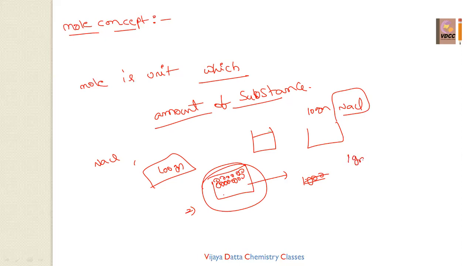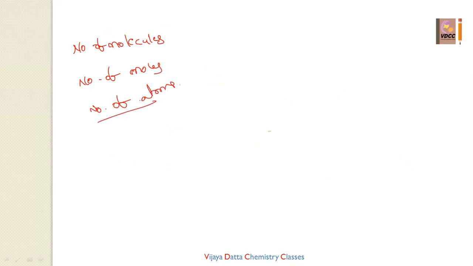But in 1 gram or 2 grams, how many water molecules or how many NaCl are present, that count we could not explain before the mole concept. But when the mole concept was introduced, we are able to answer how many moles, number of molecules, number of atoms are present in the given substance. Number of gram atoms also we are able to answer. That is nothing but called mole concept. Now come to the mole concept. What is meant by mole exactly? How to define a mole?